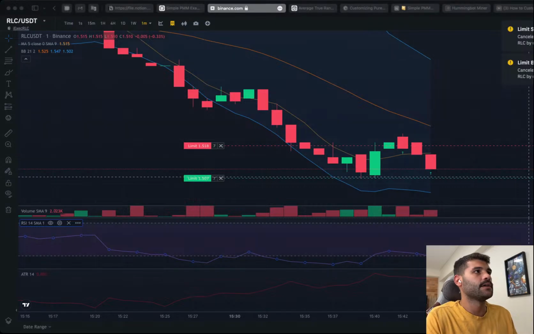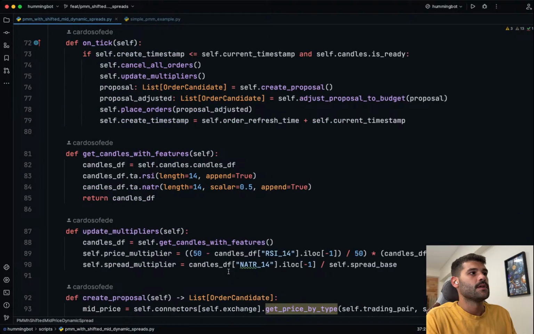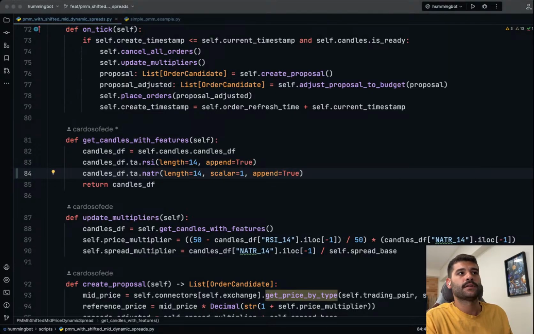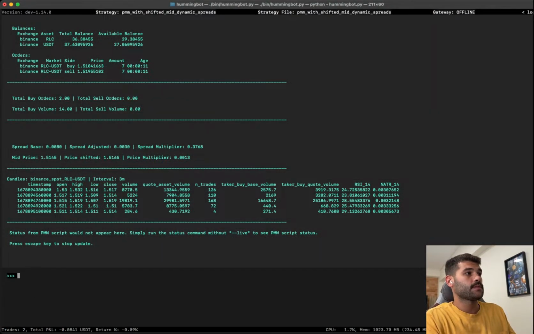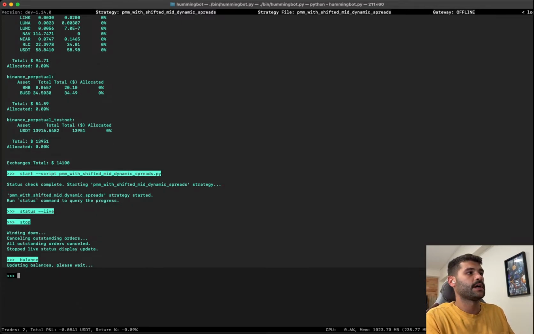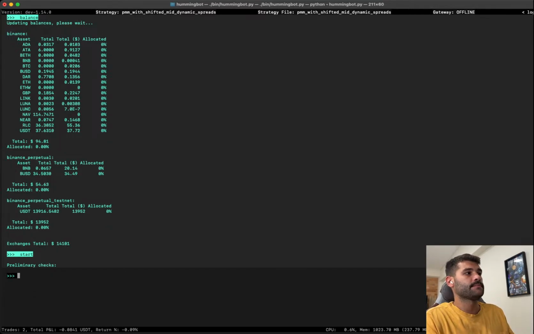So here we should go to PyCharm. Let me see. I will show you how to customize that. Instead of using a scalar of 0.5, I can use a scalar of 1, right? So now we have to go to the terminal. We should stop the bot. That will cancel the orders that we have here. Let's check the balance, if we have enough balance to place the two orders. Yeah, we are balanced. So if we run start again,